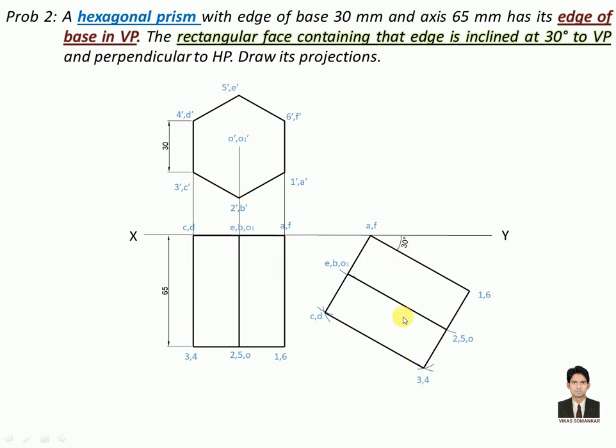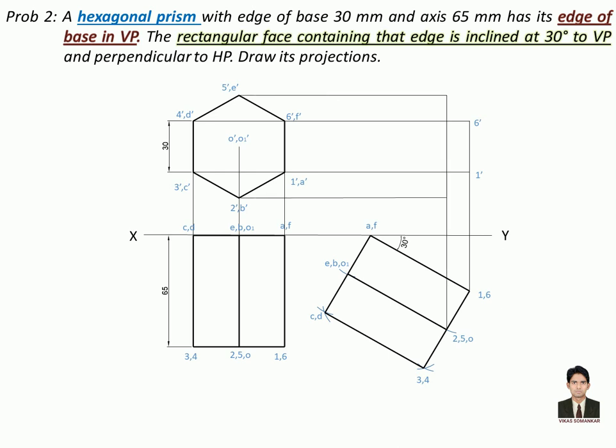After this we will project this view in the front view of the second stage and we will take projections from the front view of the first stage. Let's take projections of points 1 and 6 from the top view and 1 dash and 6 dash from the front view. So we will get points 1 dash and 6 dash. Similarly we will take projection of 2 5 to get points 2 dash and 5 dash. Similarly take projections of 3 4 and get points 3 dash and 4 dash.